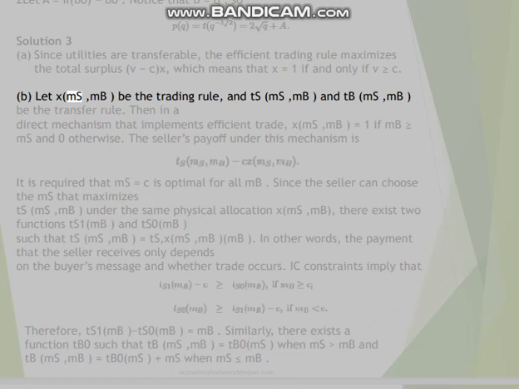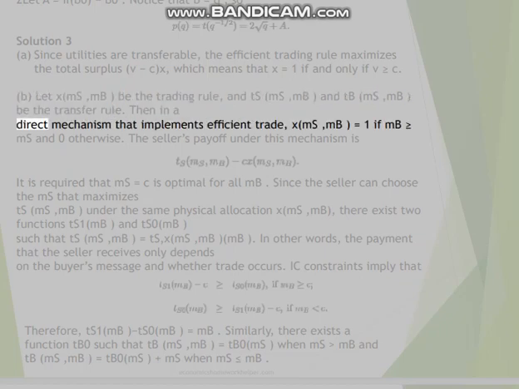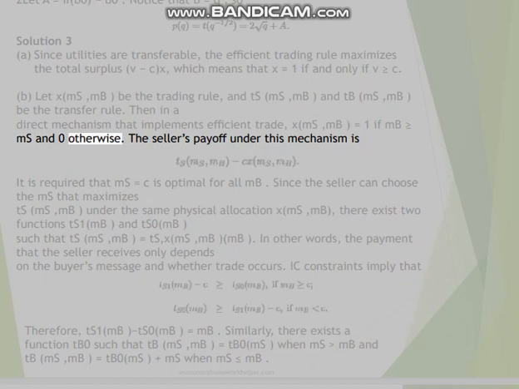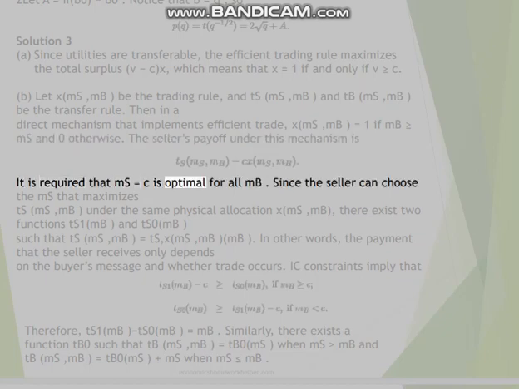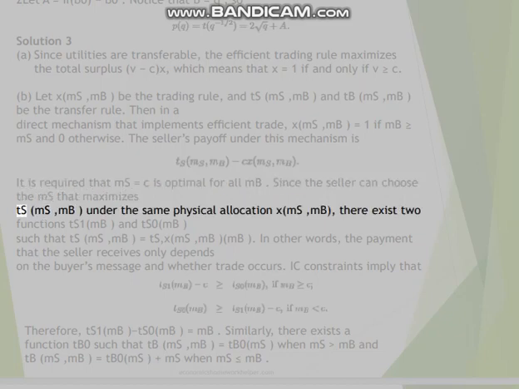B. Let x MSMB be the trading rule, and TS MSMB and TB MSMB be the transfer rule. Then in a direct mechanism that implements efficient trade, x MSMB equals 1 if mB is greater than or equal to mS and 0 otherwise. The seller's payoff under this mechanism is as follows. It is required that mS equals c is optimal for all mB. Since the seller can choose the mS that maximizes TS, under the same physical allocation x MSMB, there exist two functions TS1(mB) and TS0(mB), such